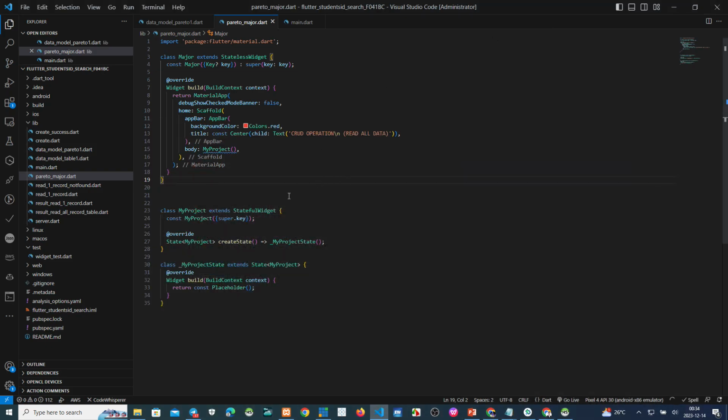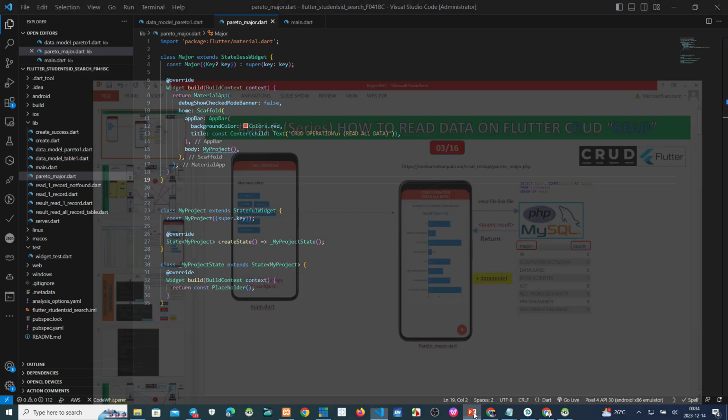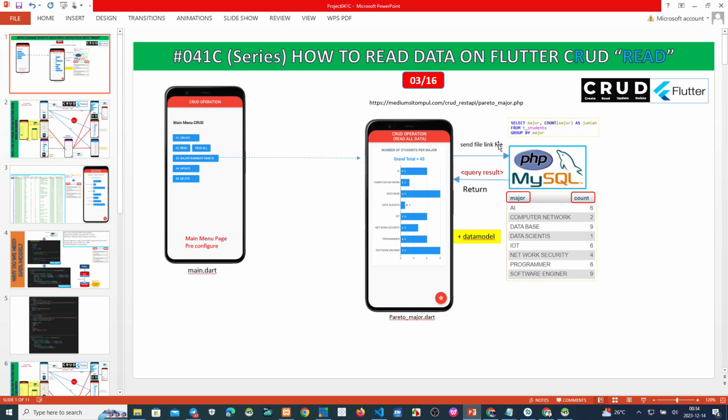Next, we want to receive data from the backend, and then we send the script.